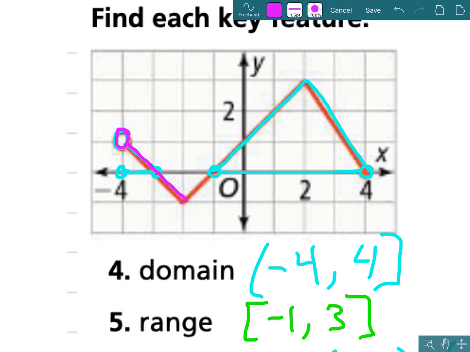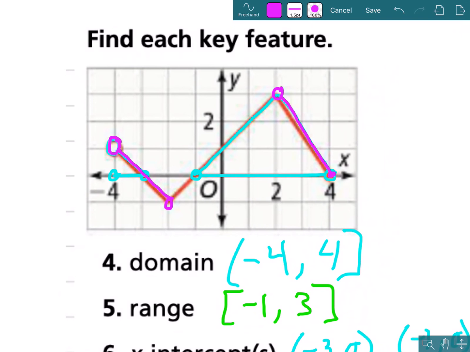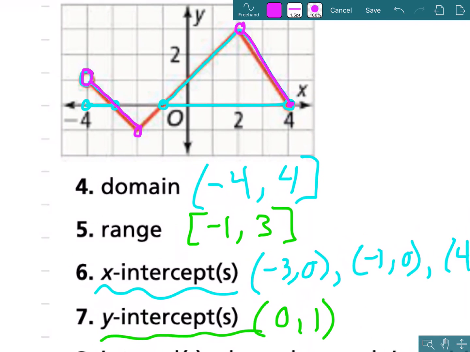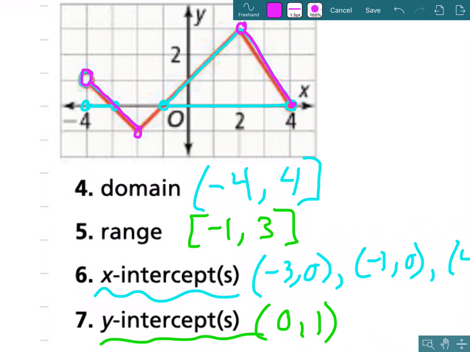Right? And then here I get a sharp turn, so that's not included. And then again, it doesn't start to go down again until I get here, and it goes down. And then here, this time it's actually going to include, I believe, the endpoint, 4. Okay? So if we take a look at this one, we squish it down to the x-axis, open circle